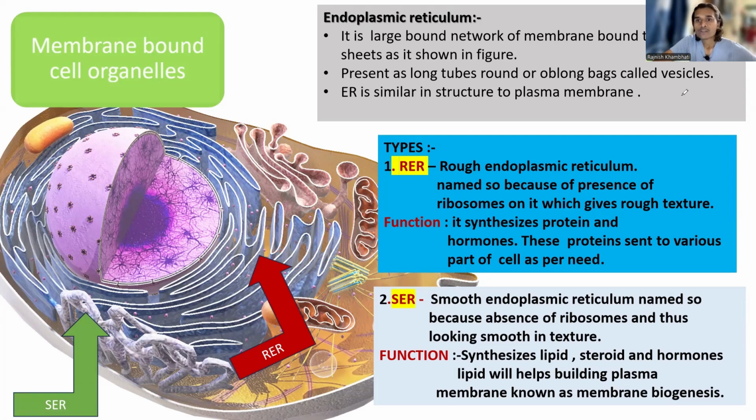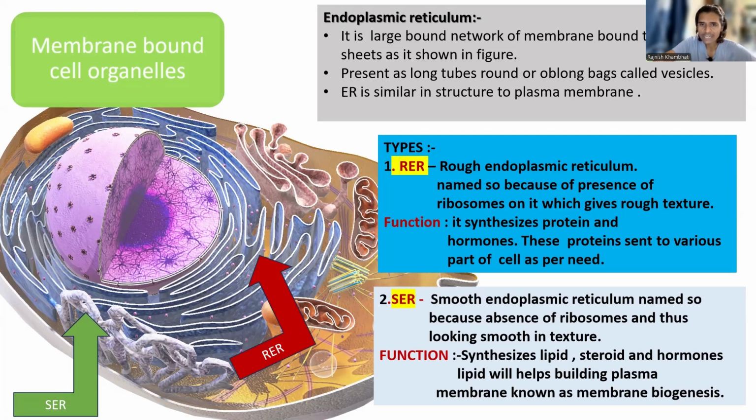It is looking like tubes and sheets, like in this diagram. This is a sheet-like structure. Sometimes this is the tube-like structure, present as long tubes, round or oblong bags called vesicles. Endoplasmic reticulum, ER, is similar in structure to the plasma membrane. Their structure is the same as the plasma membrane because they are membrane bound structures. There are two types of the